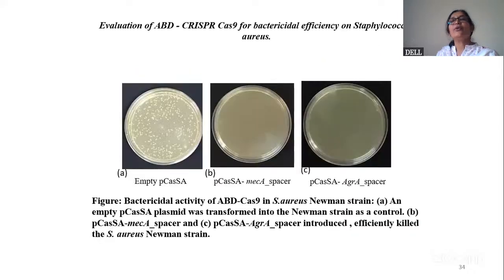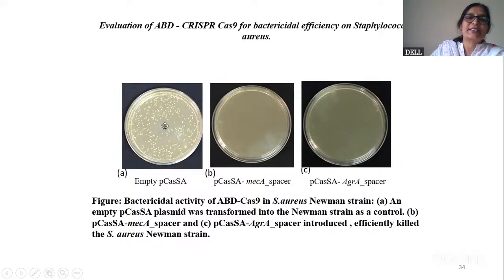So we evaluated these plasmids, which we call the antibacterial drone, CRISPR-Cas9, for bactericidal efficiency on Staphylococcus aureus. This antibacterial drone was constructed with the plasmid Cas-A. We put the empty plasmid P-Cas-SA into the Staphylococcus Newman strain, and we could see that there was no activity because there is no target